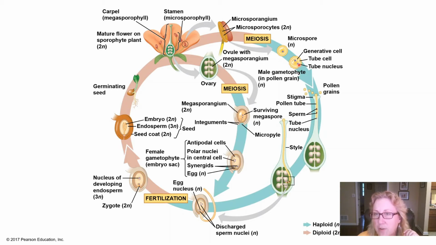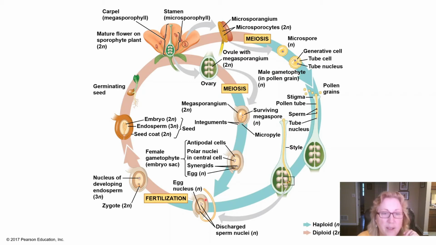And our pollen grain as well is only going to have usually 3 cells, 2 sperm nuclei and a tube cell. And one of the sperm nuclei is going to fertilize the egg, and 1 sperm nucleus is going to fuse with the polar nuclei to make the endosperm, and 1 nucleus is the tube cell. And that nucleus just serves to produce this pollen tube that's going to allow the other nuclei to get